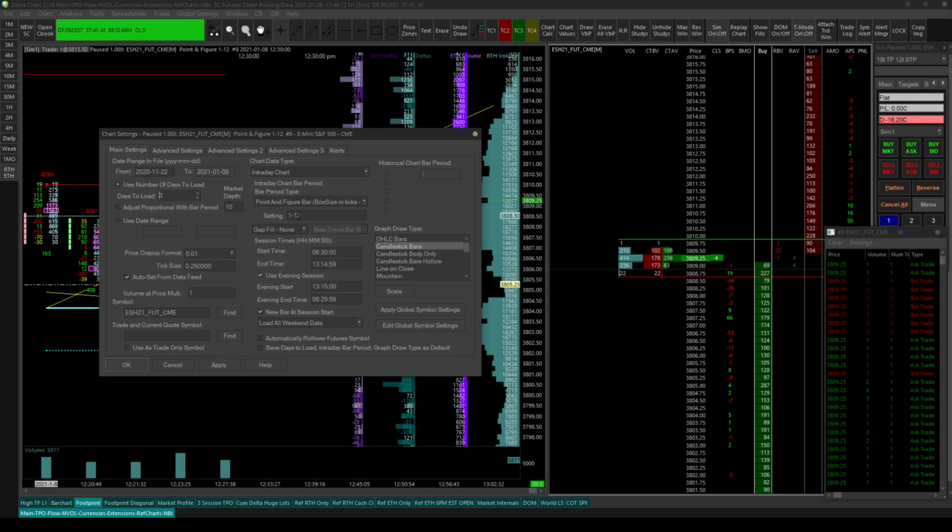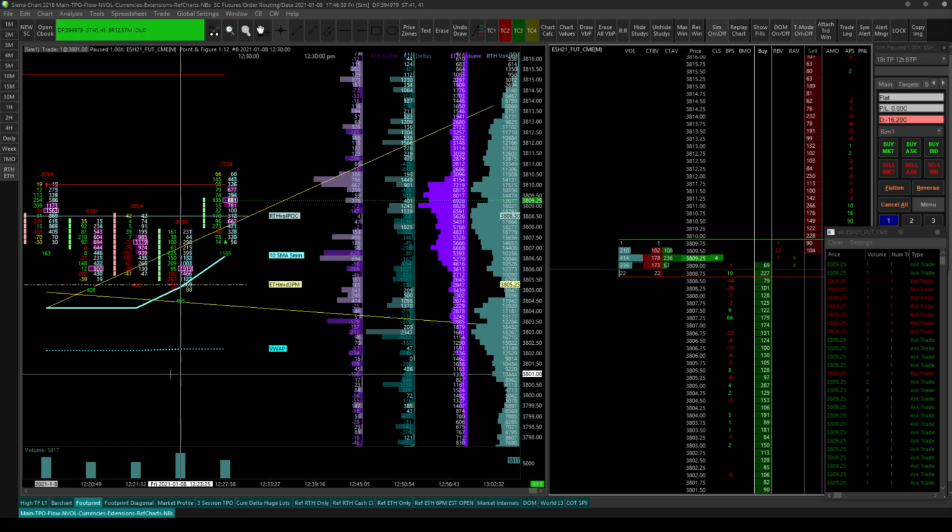So 12 ticks in the E-mini is 3 points. I want to see when there's a rotation, or a movement up and down, of 3 points. I just find that's useful for rotations. And you can use 18, you could use 20, you could use whatever you want. So anyway, what a point and figure chart actually is